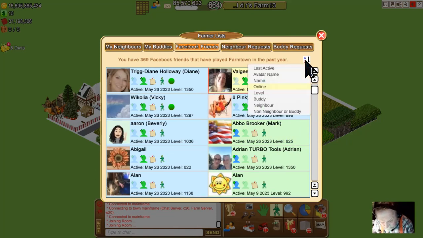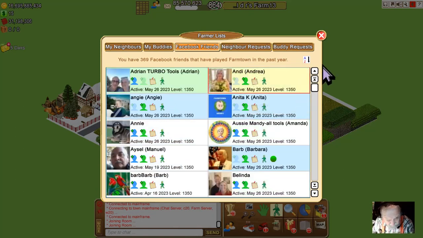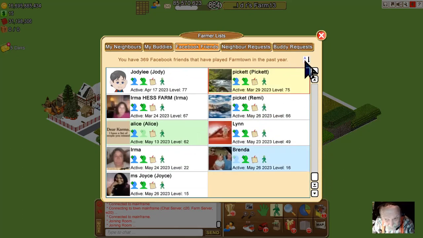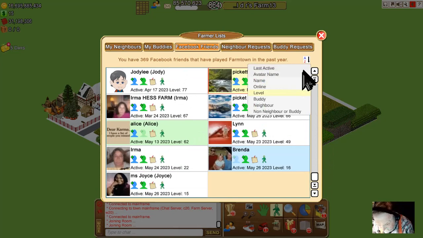Next we have the levels, and they start at the highest level, 1350, which is the current highest level, and go down to the lowest level. Next option for sorting order is